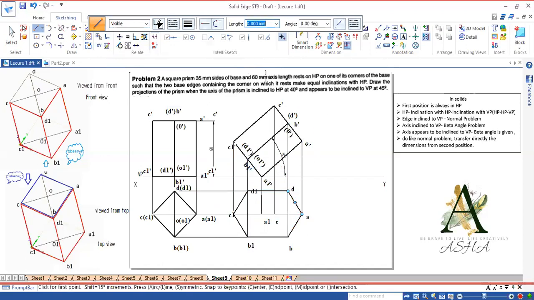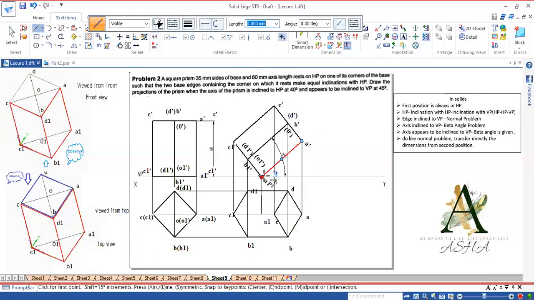Then see the base which is near to the observer. If you want to write the top view, the viewer will be at the top. So for the observer, A, B, C, D, A dash, B dash, C dash, D dash is the base near to the observer. So make that base as visible.